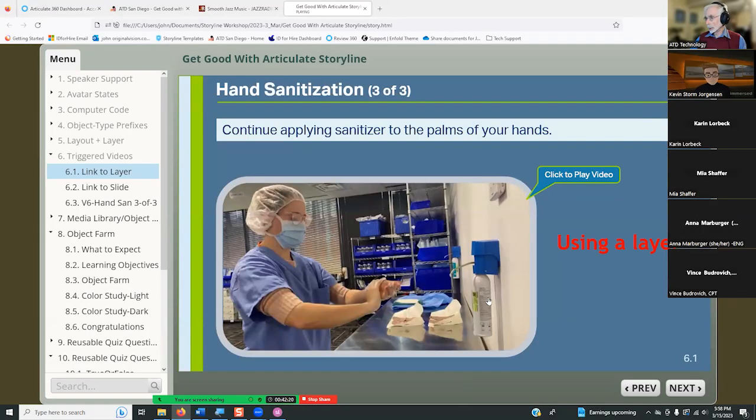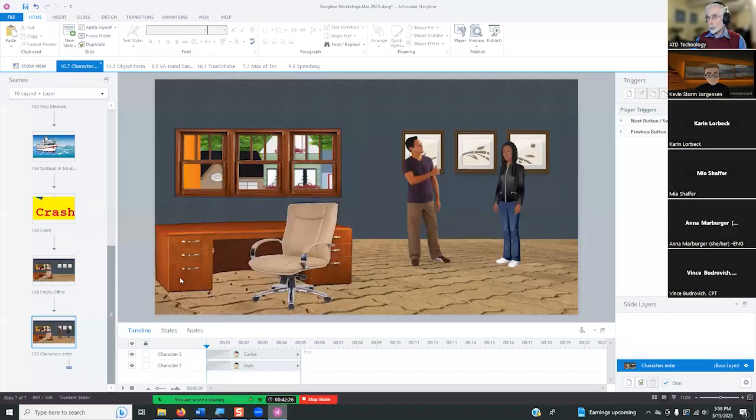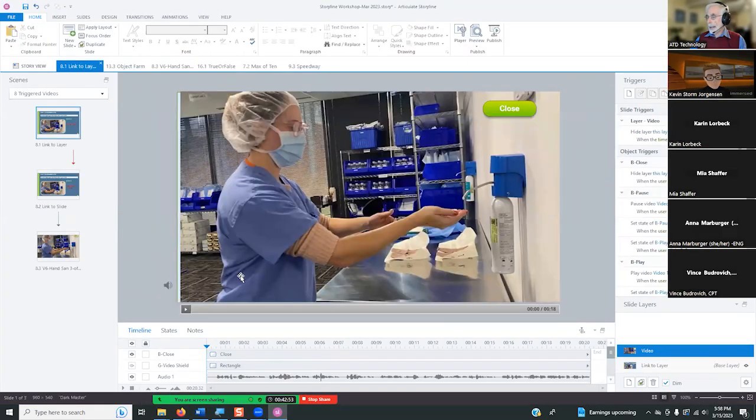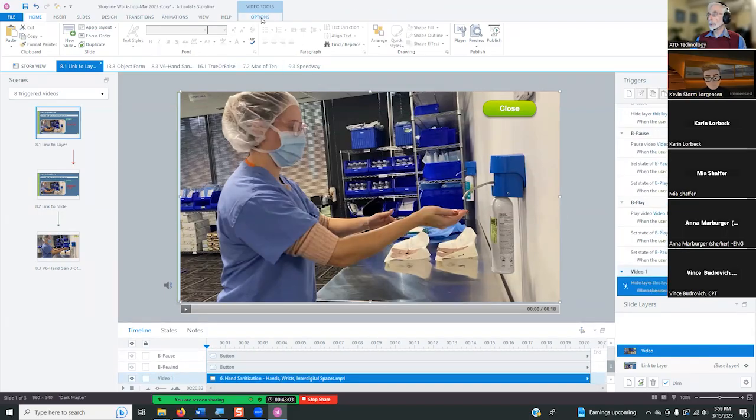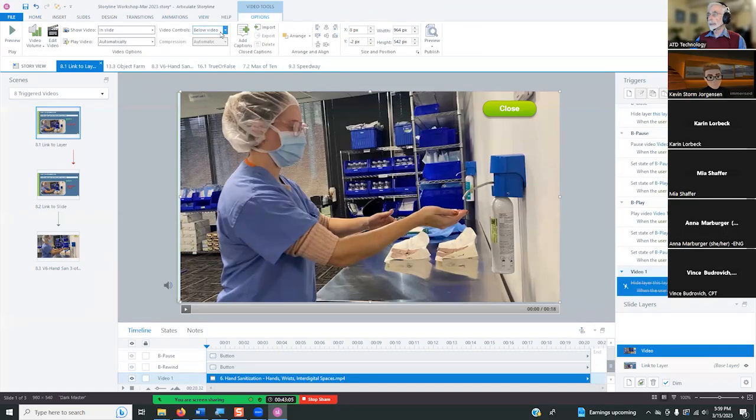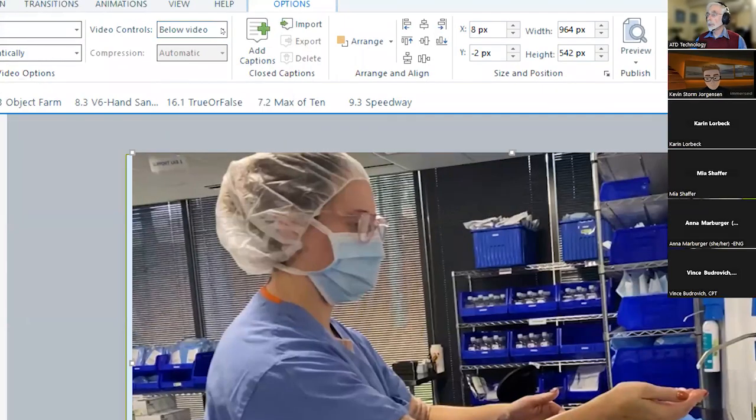But I also wanted to have a seek bar on the video, and I didn't want the seek bar cluttering up the static thing. Now let's go back and see what the issue is here. If I add the seek bar here, I click that and then go up to options. And on the options here on video controls, make that a little larger, I have the option of basically yes or no. No seek bar or have a seek bar.